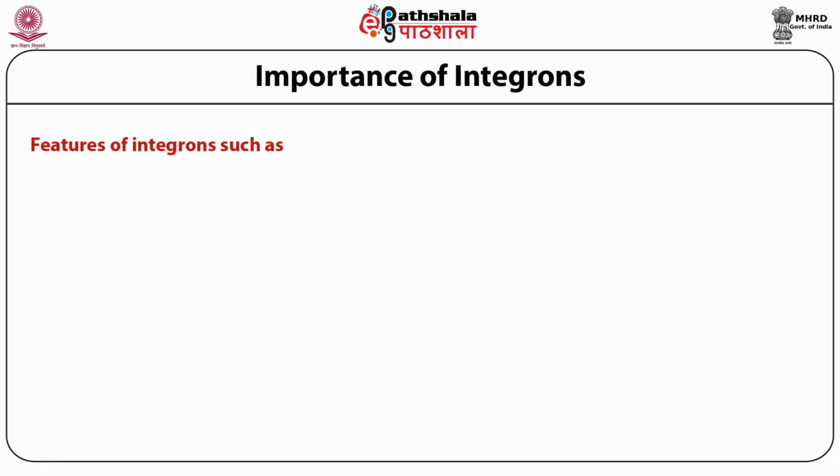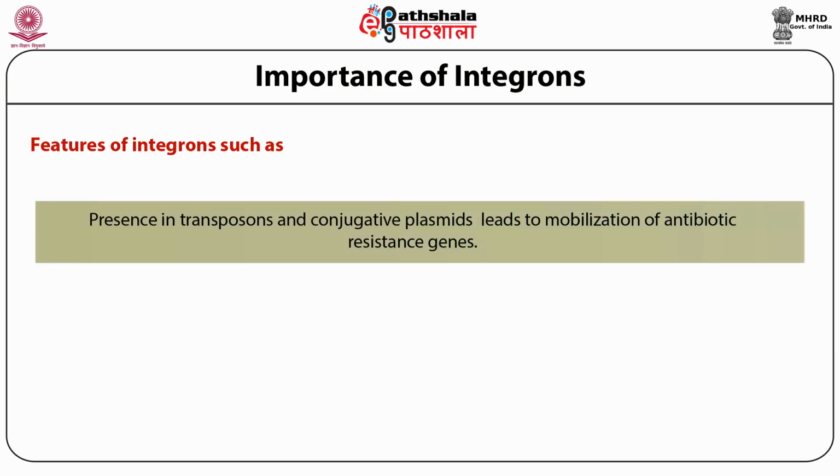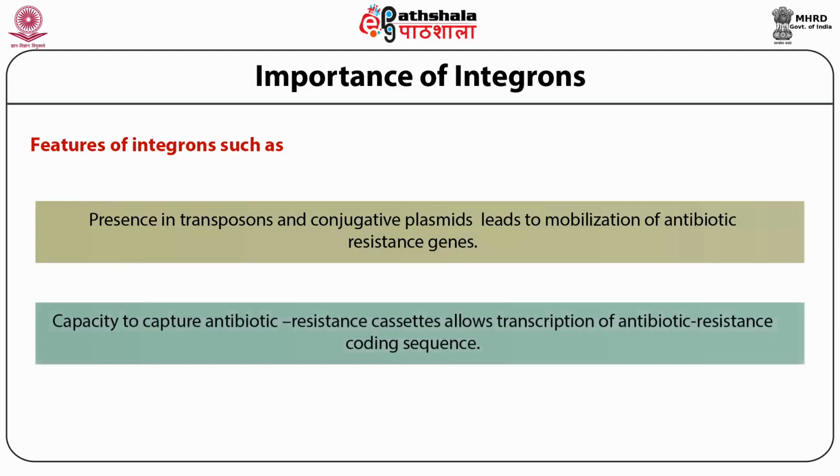Integrons have become very important because of their features: they can be present in transposons and conjugative plasmids, and this leads to mobilization of antibiotic resistance genes. They can travel far and wide and therefore spread to microbes very fast. The other property is that they are capable of capturing antibiotic resistance cassettes, and this allows transcription of antibiotic resistance